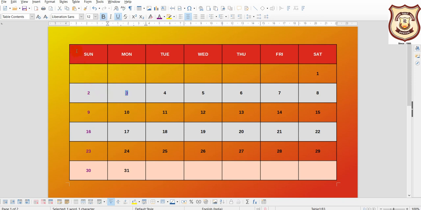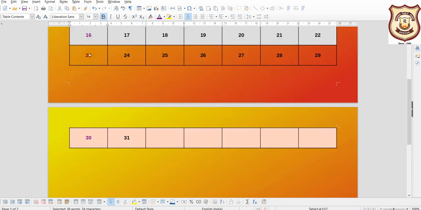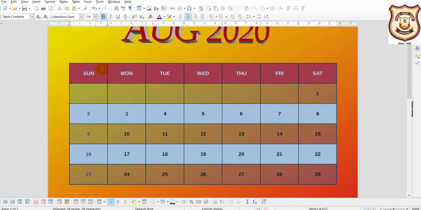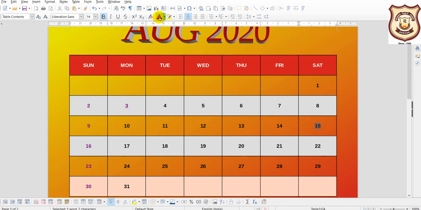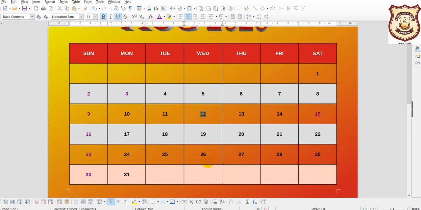Okay, rather we can use the font size 14 at least. So it is not setting up properly. Let us try it. Yes, now it is okay. Then on 15 August we have a holiday, underline it also. On 12 August we have Janmashtami, underline it also. And on 22 we have a holiday, underline it also. And on 30 I think it is also a holiday. So we can make this calendar like this.